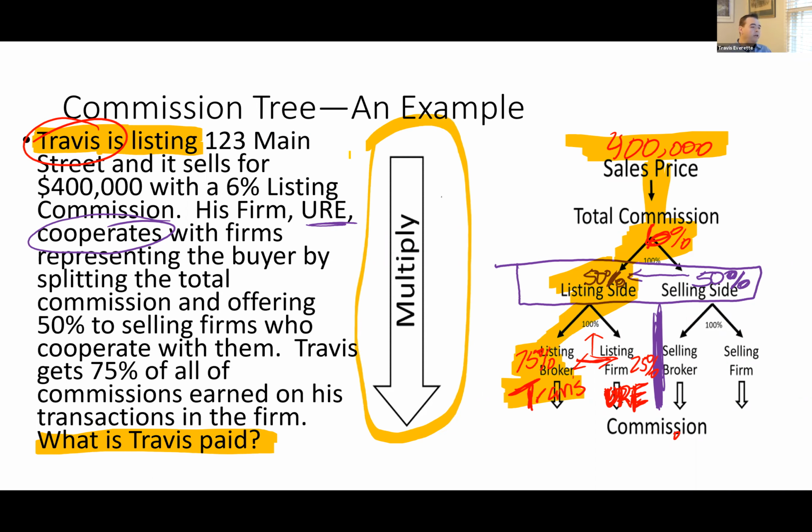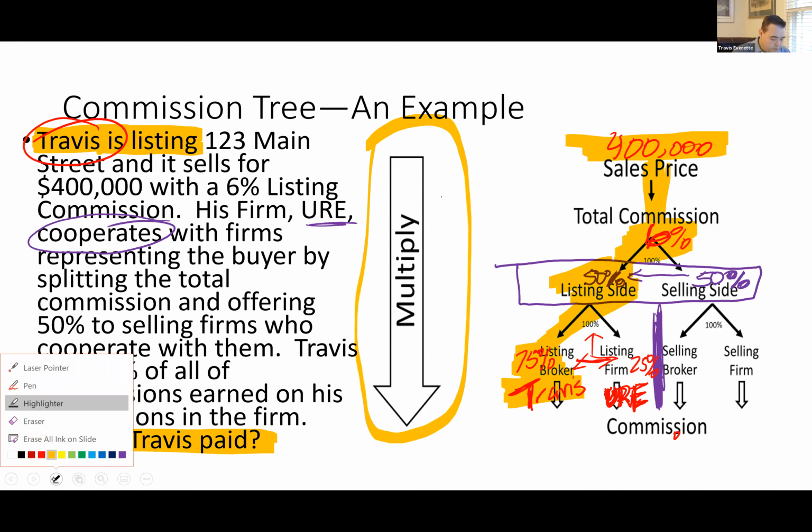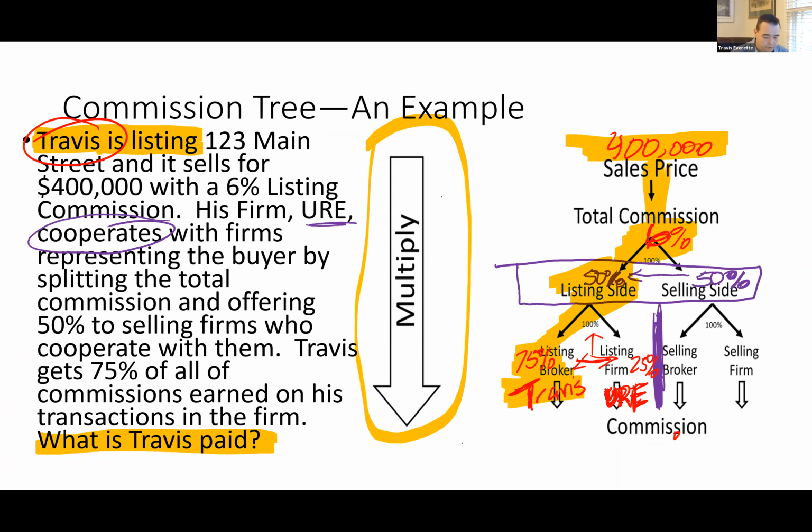Look at that arrow. It's an arrow from the top down, and it says multiply. Top down, multiply. And you're going to multiply every number that we just highlighted there until you get to the bottom, until you get to where they ask you to be, until you get to Travis. And so you're going to start, switch back over to my pen here. You're going to start at the top, the first number,